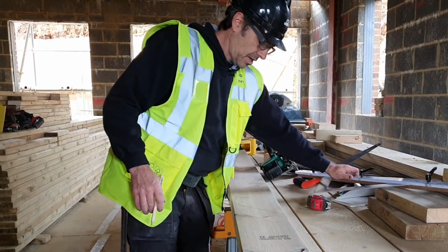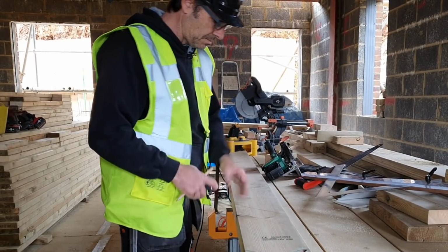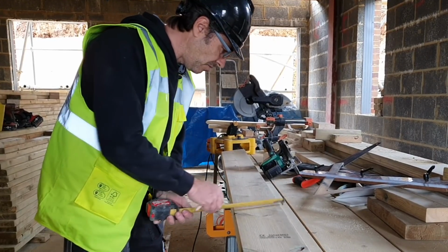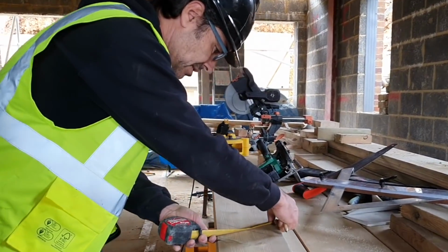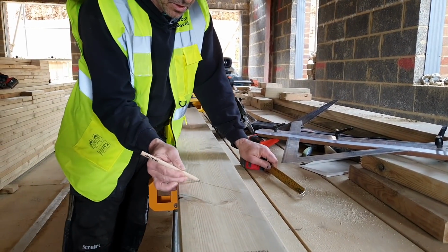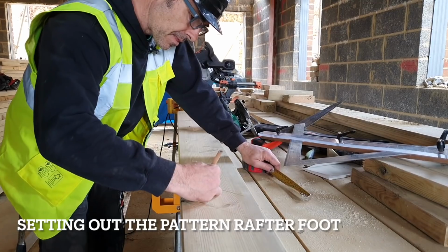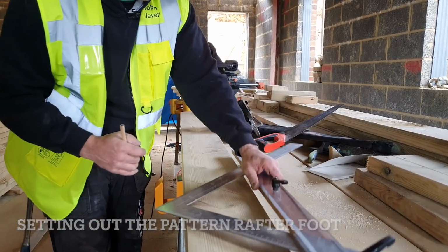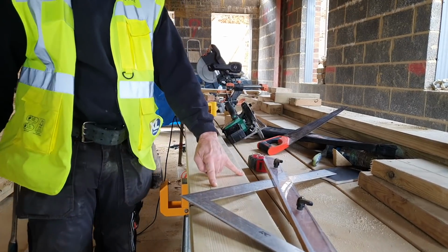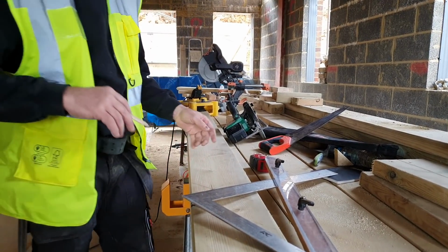Now what you want to see is 2/3 generally, right? So 2/3 of this, let's just cut that there, 70, 140 is there. 2/3 of this is here, which would be a typical bird's mouth, all right? So that's 2/3 of the timber and 1/3 of the timber. Now what we're looking at upstairs,